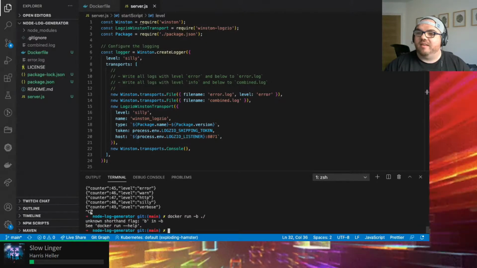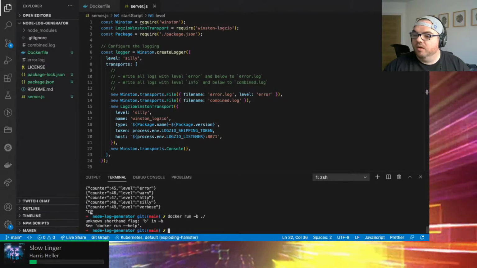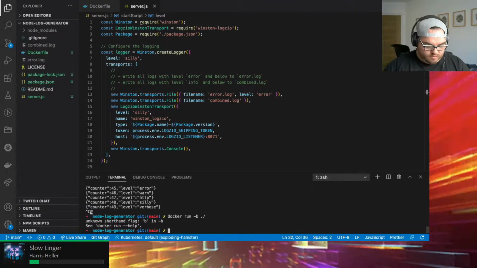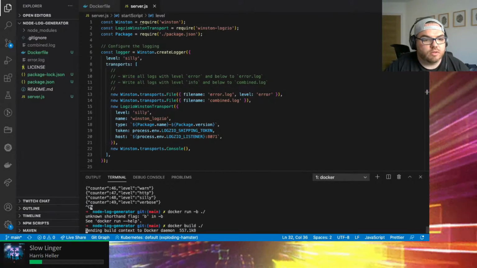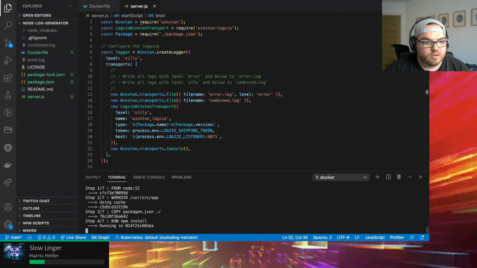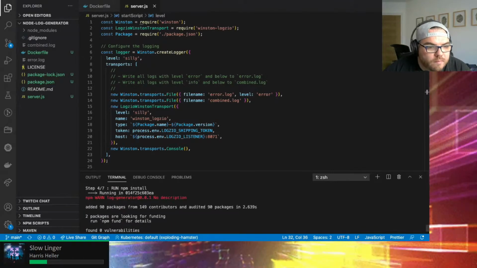Okay. It's been a little while since I've done Docker commands. The command of the evils. Docker build. So let's get it. Ooh, it blew up.